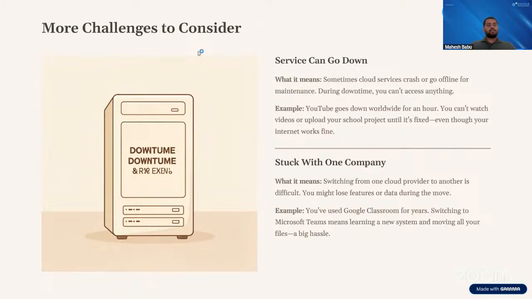So using that, I am able to store my valuable data and access it whenever there is a requirement as well. Being stuck with one company is nothing but vendor lock-in. The vendor will be trapped at a particular place, because this condition arises when you're shifting from one cloud provider to another cloud provider. If I'm currently working on the AWS platform, whenever I shift from AWS to Azure, I'm going to see problems there as well. All right, so that is what they have given here, stuck with one company.